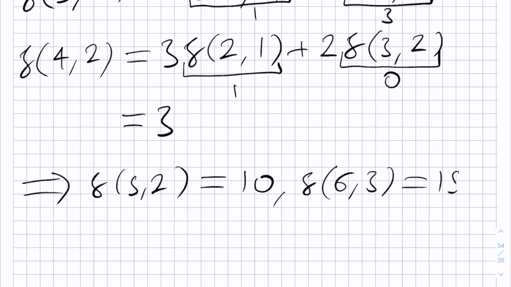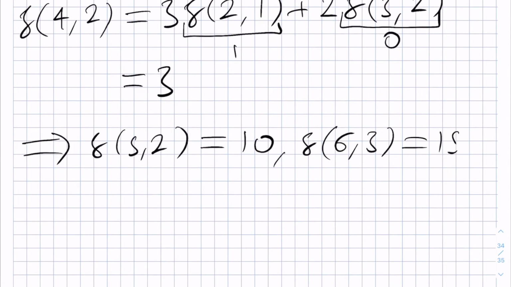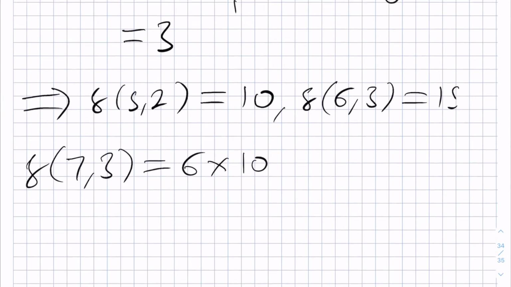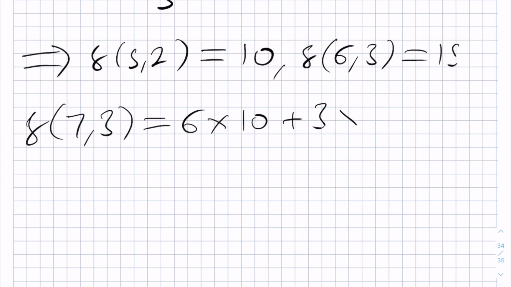And then finally we use both of these results in here and here to get that f(7, 3) that we were looking for all along is equal to 6 times 10 plus 3 times 15. This is 60 plus 45, which is